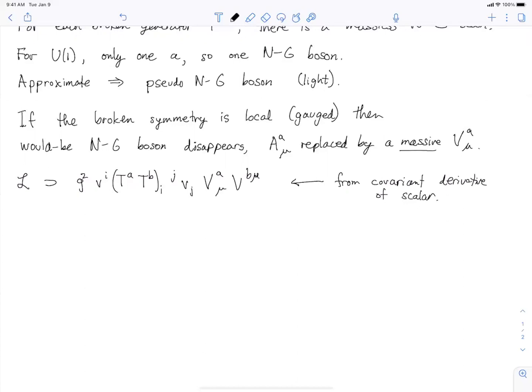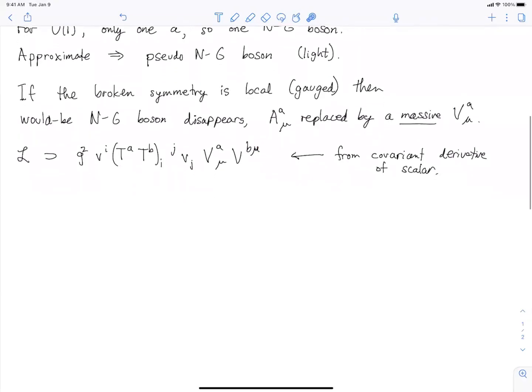Okay, the covariant derivative has the vector fields A in it. It also has the scalars themselves, which turn into vacuum expectation values. And then A's just get replaced by V's. That's what happened here. And these generators appear in the vacuum expectation value. So in any case, now you can look at this term and just read off that the coefficient of the term quadratic in the capital V's must be 1/2 times a mass squared matrix